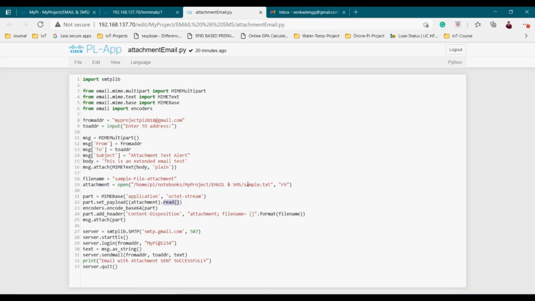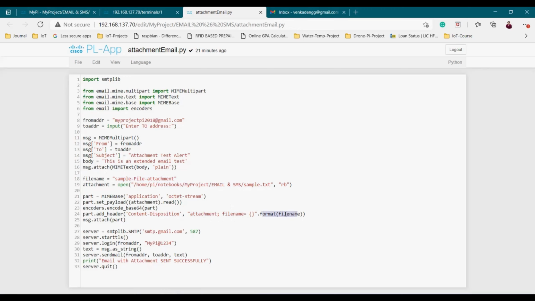So it will read the file in the particular path, and that file will be encoded here to transfer over the internet. And here I am adding the header for that email: Content-Disposition attachment, and the filename is going to be this one, sample file attachment. This will be appended as a header for this attachment file.